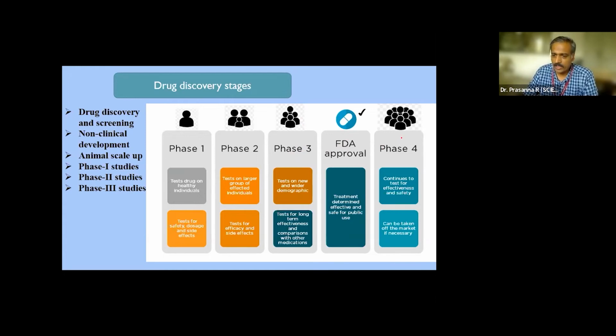There is another phase called phase 4. Of course, there are situations where the drug, even over phases 1, 2, and 3, will not get detected. Over a period of time, if the drug gives out predominant side effects, it will be withdrawn from the market. So that is going to be phase 4 of the process. They administer the drug to a bigger population, and then they understand that the drug efficacy is not that great, and then they pull the drug from the market, and the drug will no longer be available in the market for public use. That's going to be phase 4.